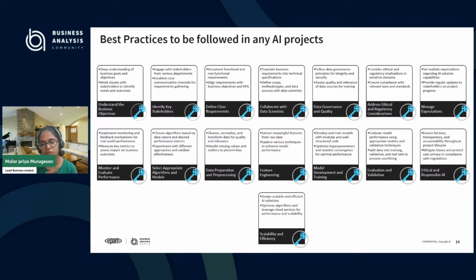And whenever you are developing the model, make sure it is a scalable and efficient AI solution. So in an urgency, we should not develop the model and say, okay, it is perfect, but will it be scalable in the future? We need to think about that as well, because we are feeding some data here. And sometimes, after 5 years or 7 years, I need to again feed different data.